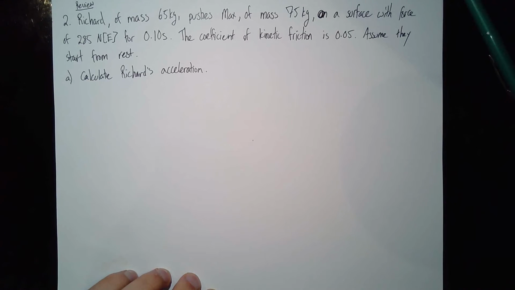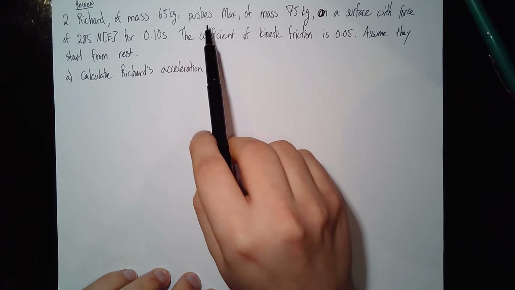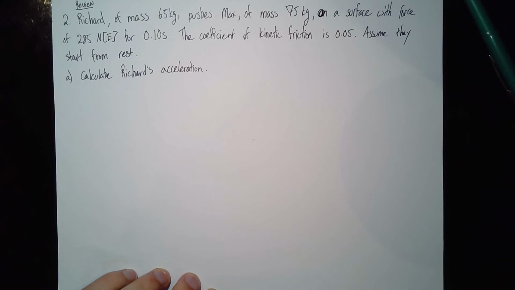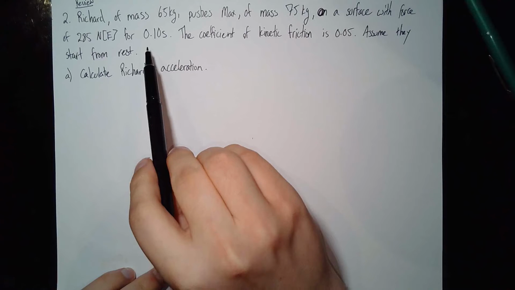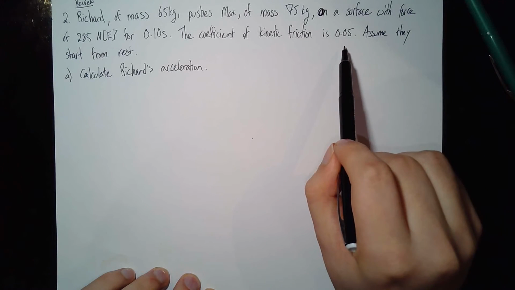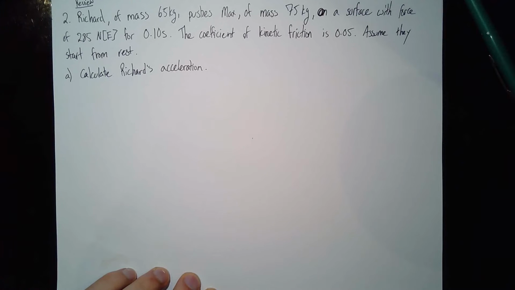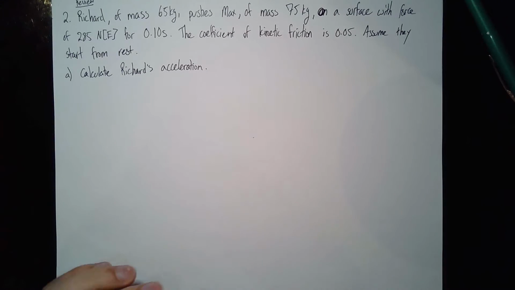Alright, so this is review question number 2. Richard, of mass 65 kilograms, pushes Max, of mass 75 kilograms, on a surface with force 285 newtons east for 0.1 seconds. The coefficient of kinetic friction is 0.05. Assume they start from rest. A. Calculate Richard's acceleration. Alright, so this is a classic problem where we have two people on rollerblades or